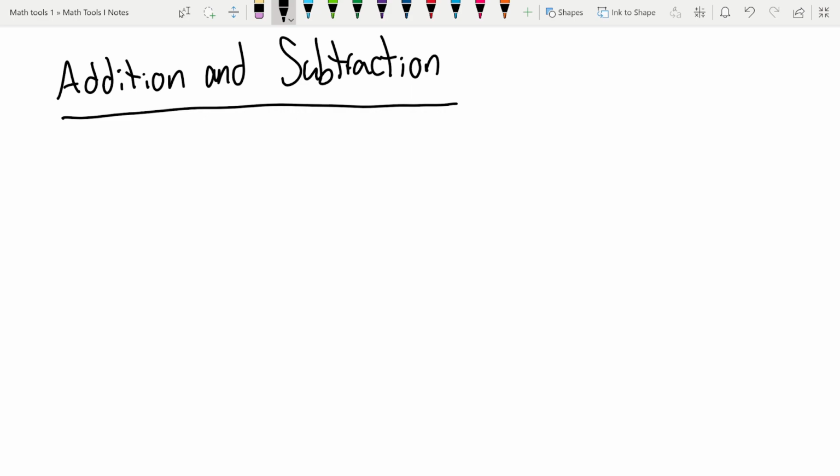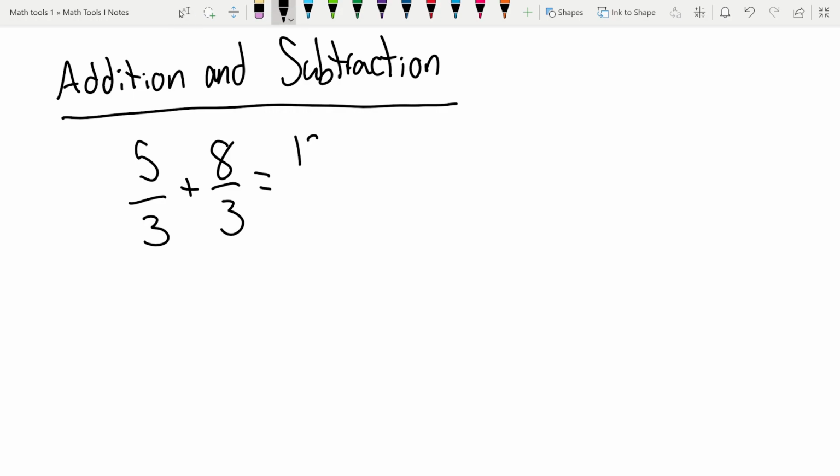So now we want to look at adding and subtracting rational expressions. And again, this is going to just follow from the same rules we would use with adding and subtracting fractions. But as we know, that can be a little bit more complicated than adding or multiplying or dividing fractions, right? Because we have to have the same denominator. So if we do have the same denominator, like if we're doing 5/3 plus 8/3,